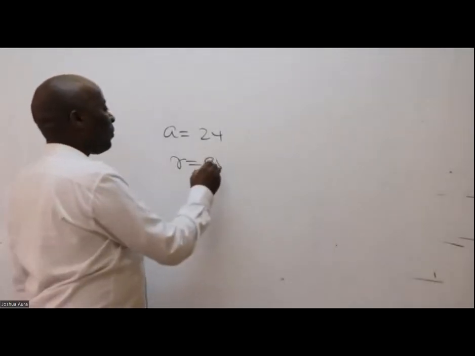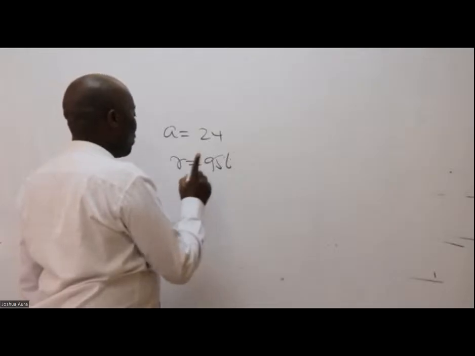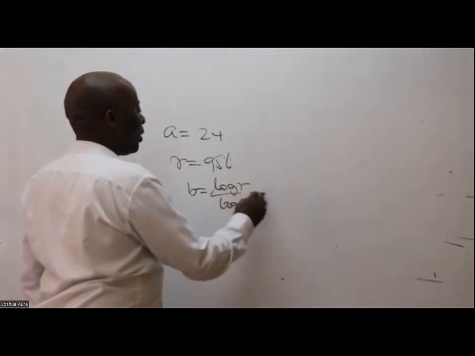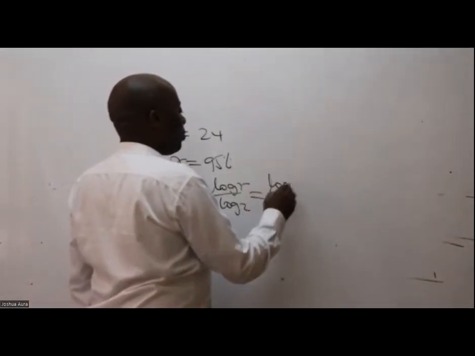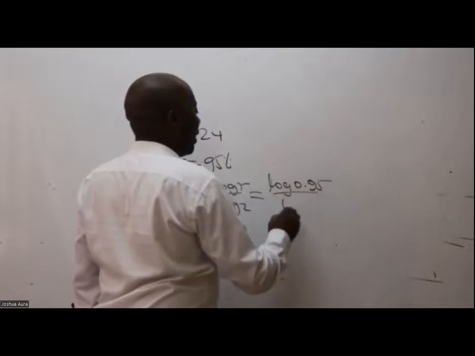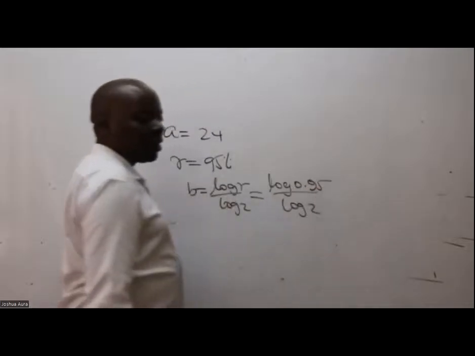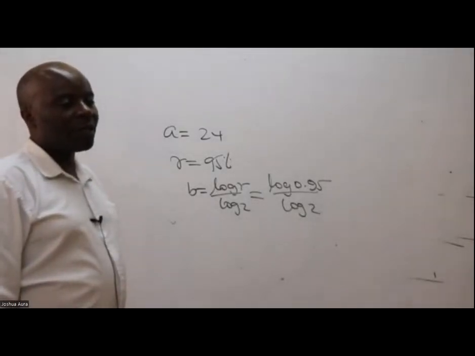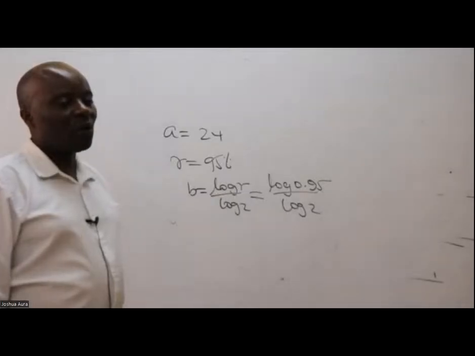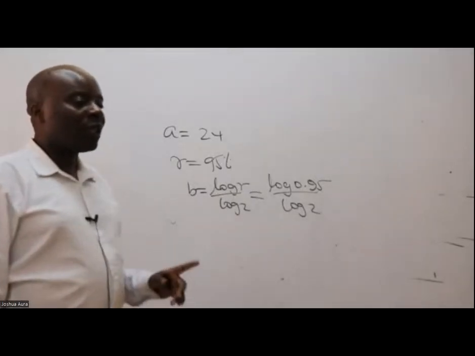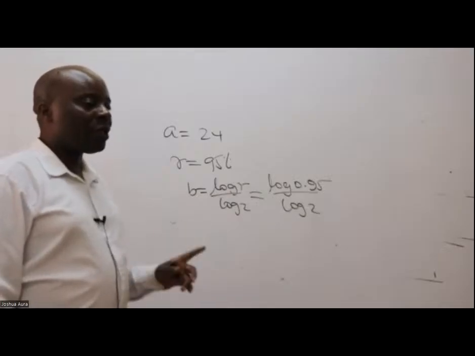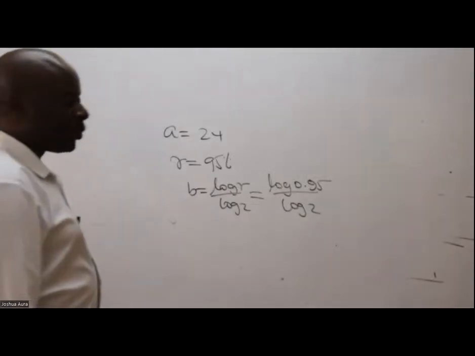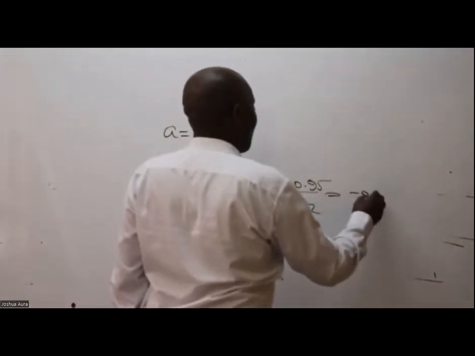95%. So 95%. So meaning automatically that our B will be log R divided by log 2. So log R, this will be log of 0.95 divided by log 2, which will end up giving us what figure? I'm sure you have these figures now. You may not have gotten 100%, but right now where we have reached, you should be able to get most of the marks. Yeah, minus 0.074. So this is minus 0.074.